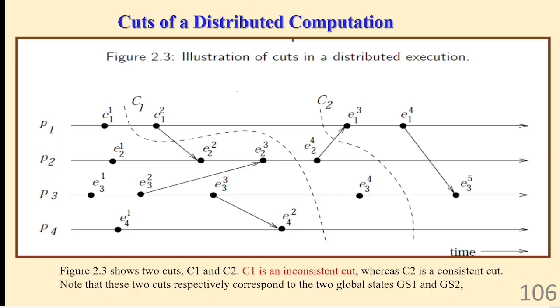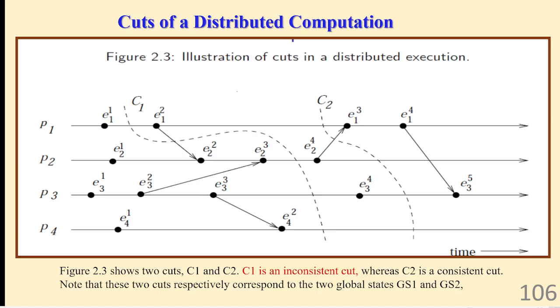You wished your friend, and only because you wished, your friend replied thank you. Is it possible that your friend first says thank you and then you wish? No, that is not possible. So, consistent cut means